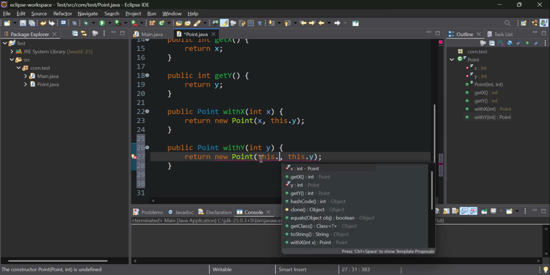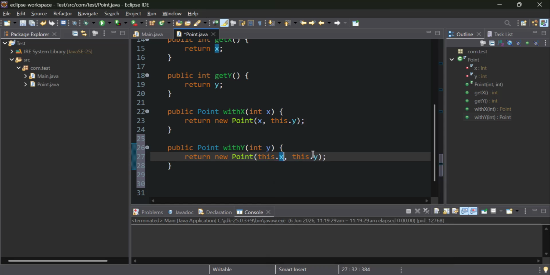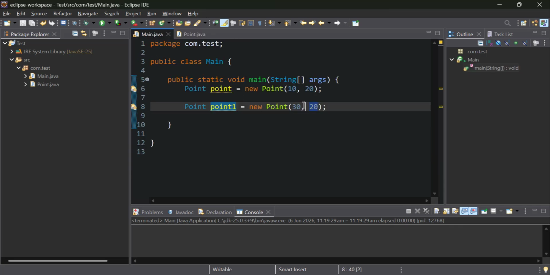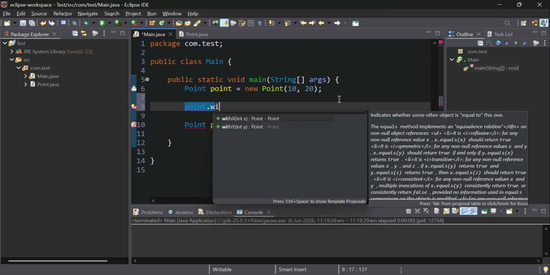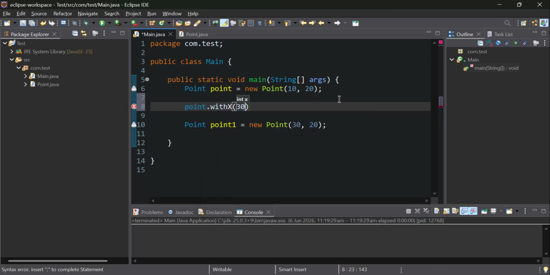We will say this.x and here y. So this is the convention we use in the With-er pattern. And what a user can do now, let's say they want to create a new object from the point with the value x as 30. We will say point.withX(30),